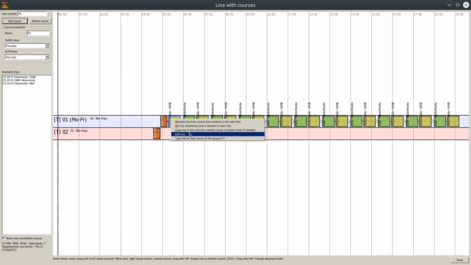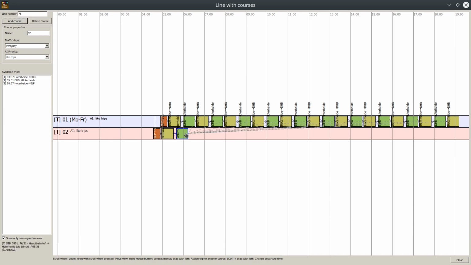Next thing we're gonna use is the second trip from Hotel Heide to main station. And you can see that this trip could have connections to several other trips, but as this is only, it will hopefully prevent you from making a stupid mistake. A helping hand for you. Also, we're gonna copy this trip and put it on